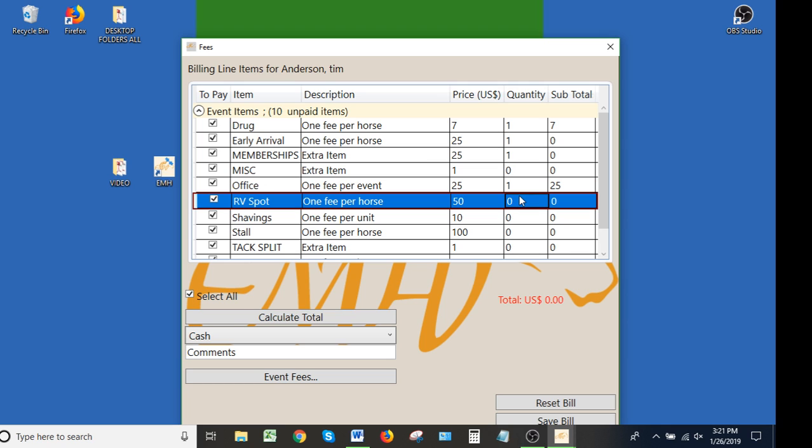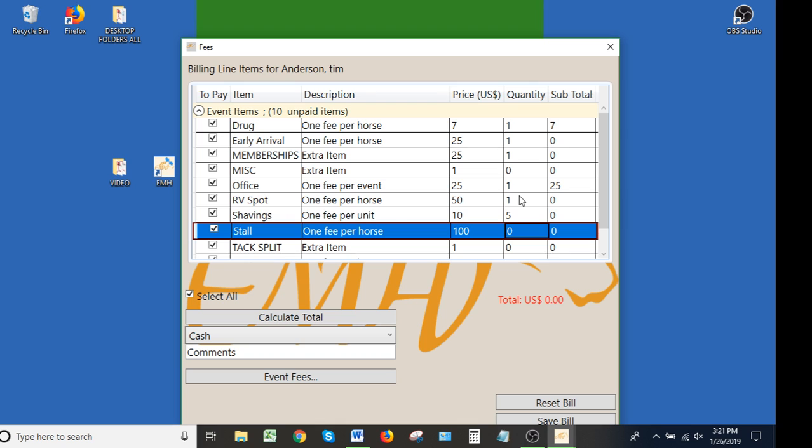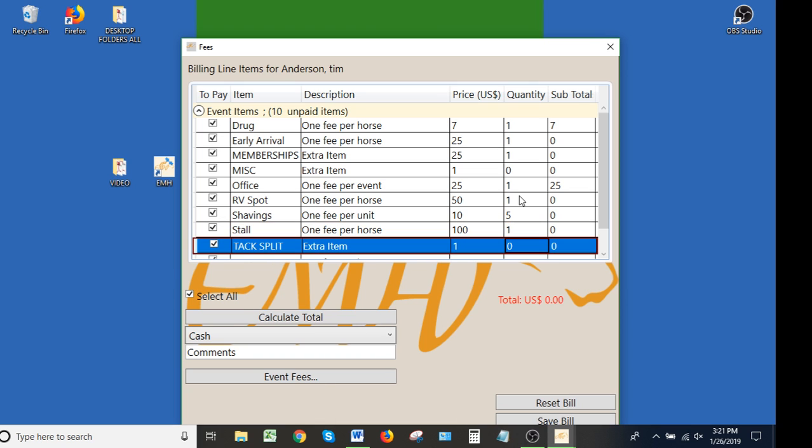And we're going to do 1 weekend of RVs and 5 bags of shavings and 1 stall, and he's going to do a tax split. Now remember, at the very beginning I put 1 for the price. Well, the way the program is written, it goes on whole numbers on quantities. So if your tax split is